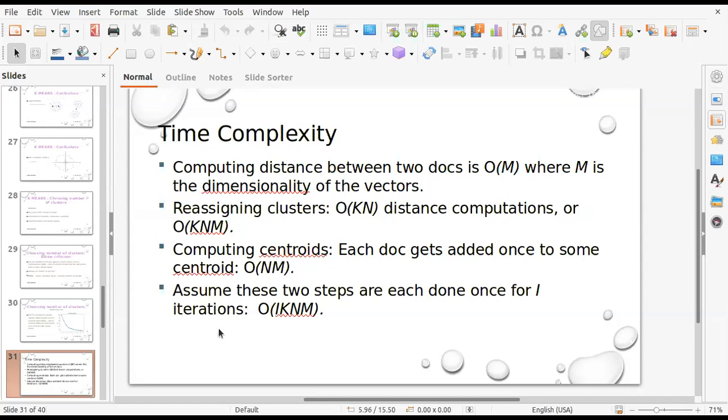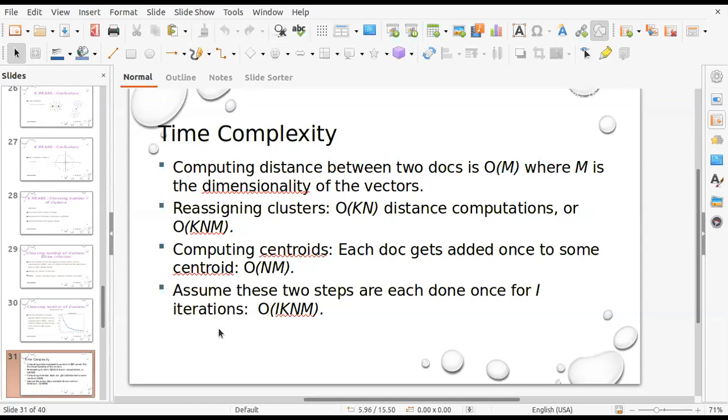Yeah, so let us look at the time complexity from another angle. Computing the distance between two items or two documents is big O of m, where m is the dimensionality of the vector.